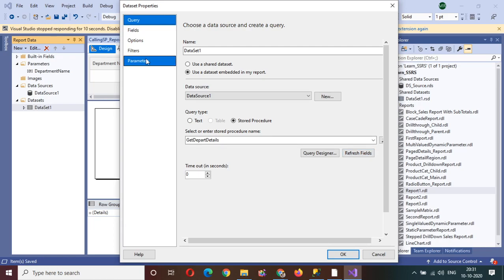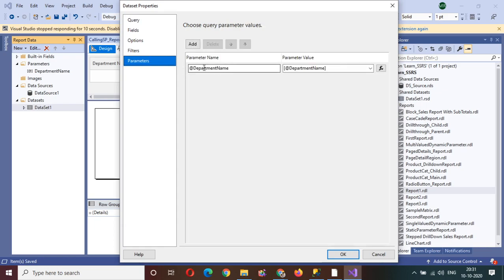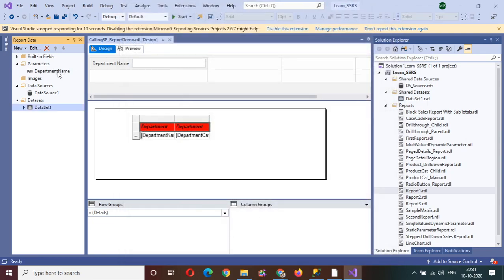If you use the parameter, it will come here automatically and you can see that the parameter is available here also. So you do not need to worry about anything. You just need to create the stored procedure as you created, and then you can use it in this SSRS report. This way you can call your stored procedure with the parameter as well in SSRS report.